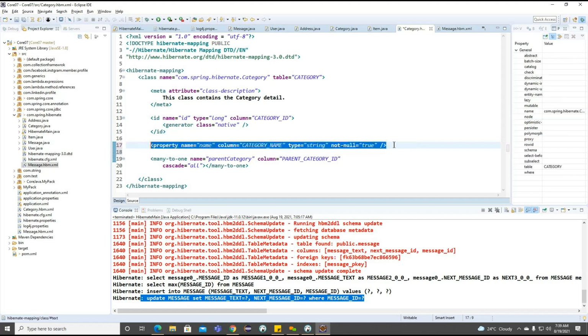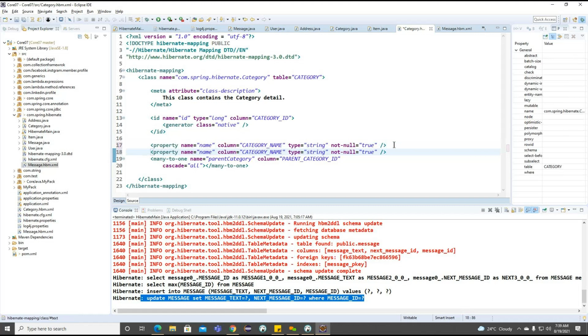Getting the point. Now we are having one more property here. Here we are having the property name called, just as an example I'm trying to define, total amount. And this particular type we are having as a big decimal here.